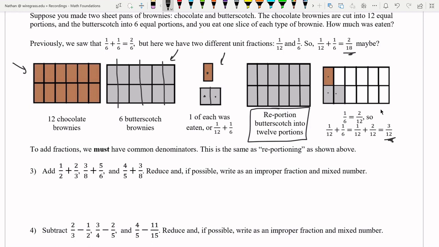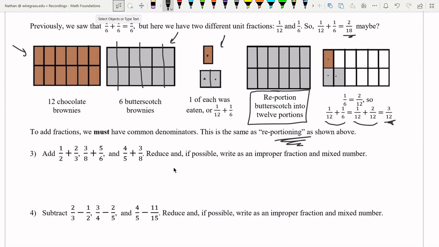That's what makes up a whole pan of brownies. So this reportioning is changing the denominator to where they are the same, right? 1/12 became 1/12 plus 1/6 became 1/12 plus 2/12, which made us 3/12 as a fraction. Of course, that can be simplified down to 1/4. So we must have common denominators when we're doing these additions, and then we're going to reduce the answer